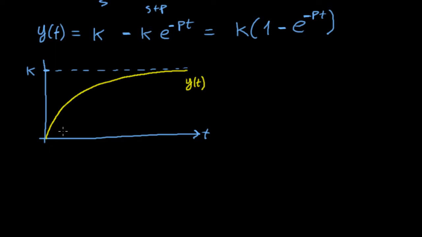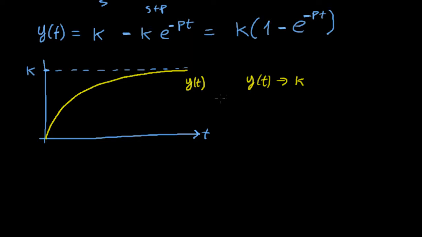Now there are several aspects worth mentioning here, and the first one is the meaning of k, of the gain of a system. If this is the value of the output, or the final value, although it never reaches it. If y of t tends to k when t goes to infinity, and the input has been a unit step,